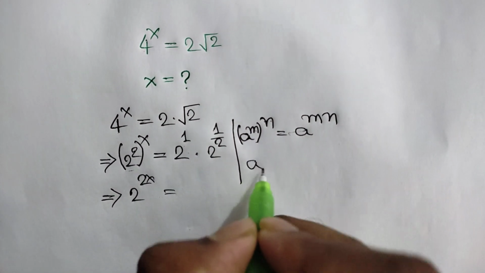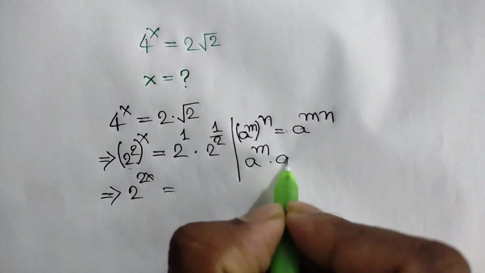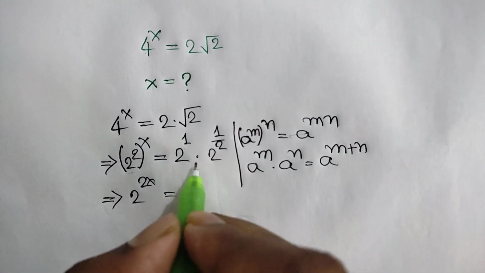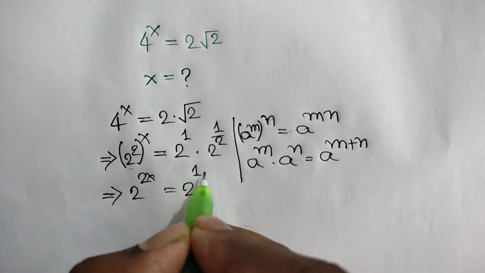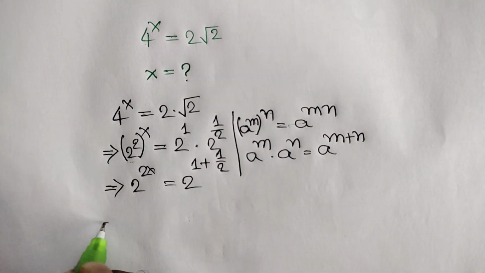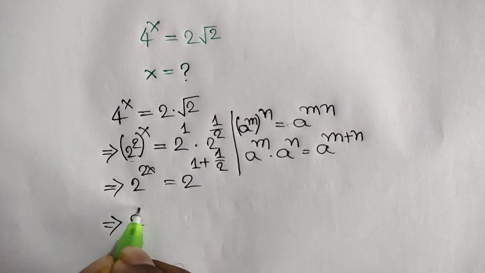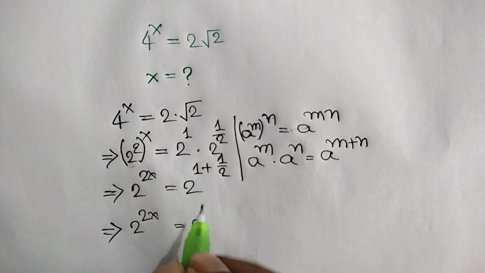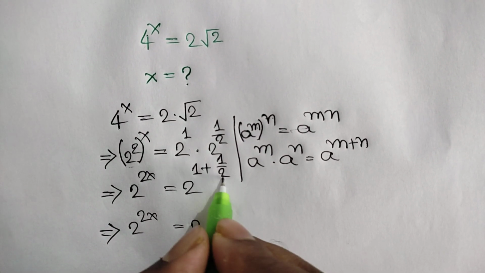this exponents rule: a to the power m times a to the power n is equal to a to the power m plus n. Apply this rule, here we can write 2 to the power 1 plus half, or 2 to the power 2x is equal to 2 to the power, here the lowest common multiple is 2, so